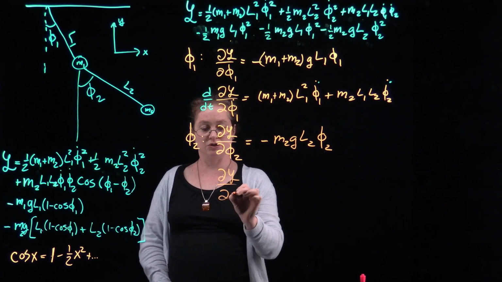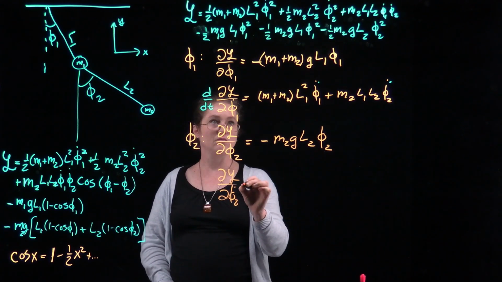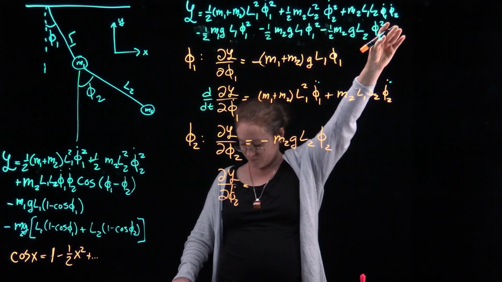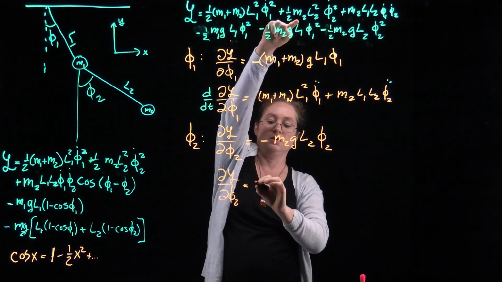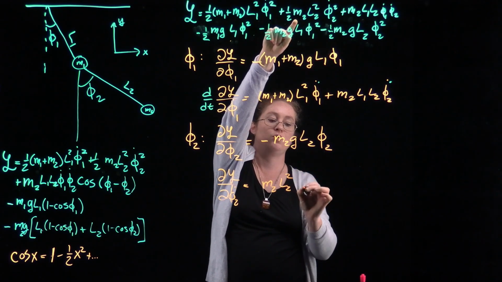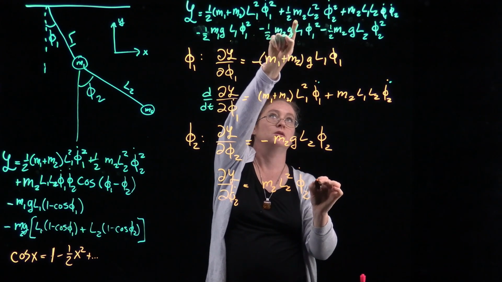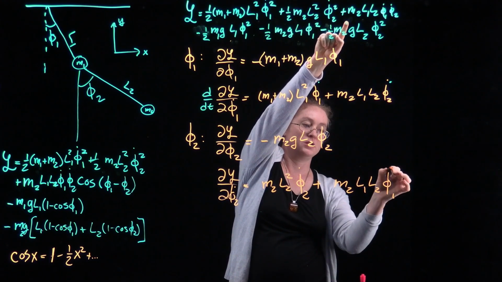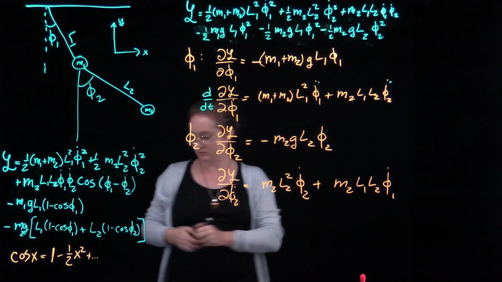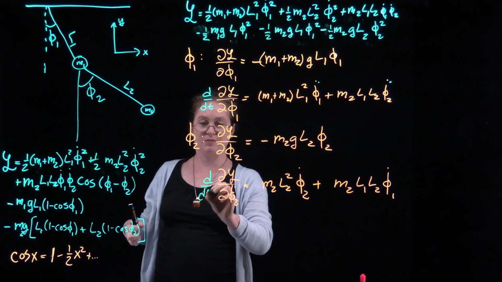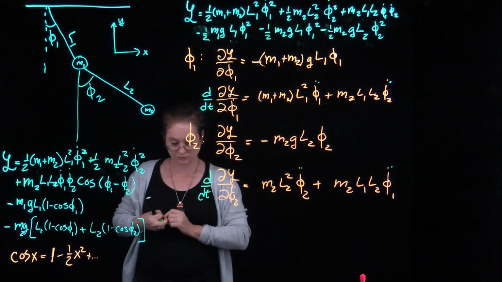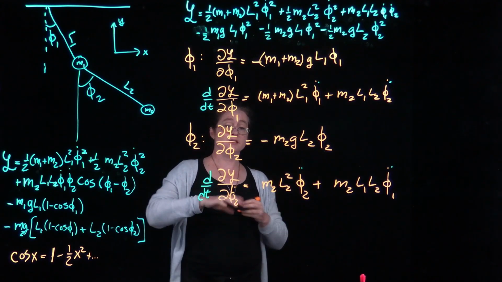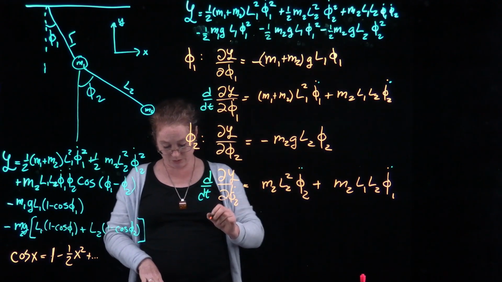Partial L, partial phi2 dot. Here, I've got this term. I've got a phi2 dot here and a phi2 dot there. So now I get m2 L2 squared phi2 dot plus m2 L1 L2 phi1 dot. Take the time derivative, and I add another dot. So this leaves me with